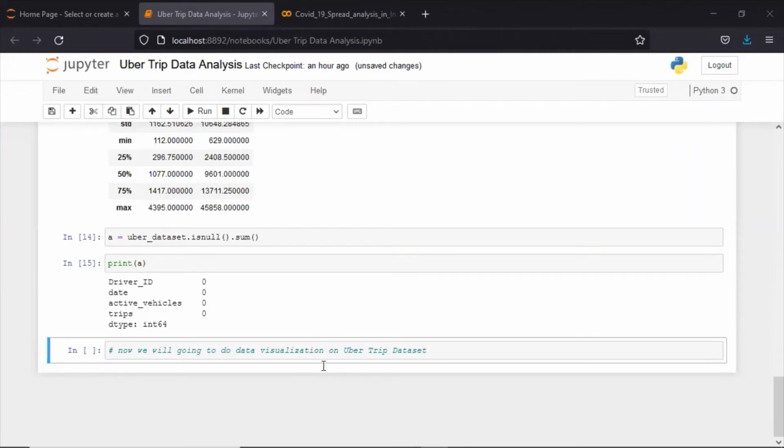So how to do that? Let's see. For that, you need to install a few libraries. So we're going to install the same.